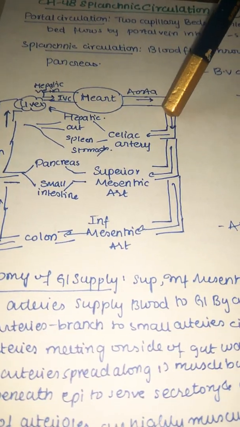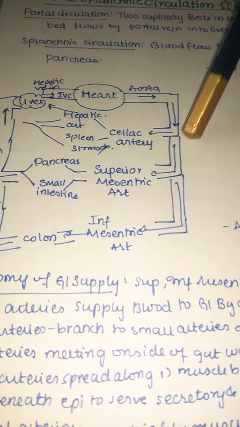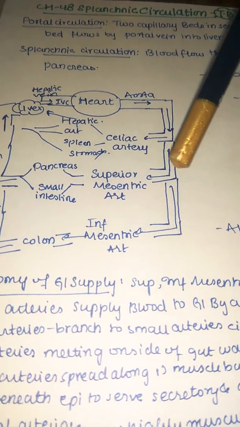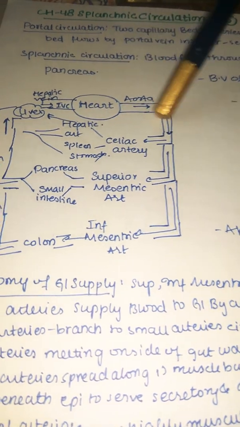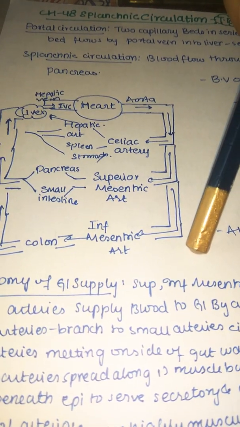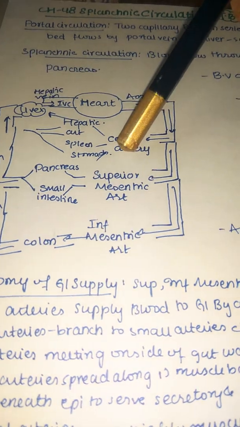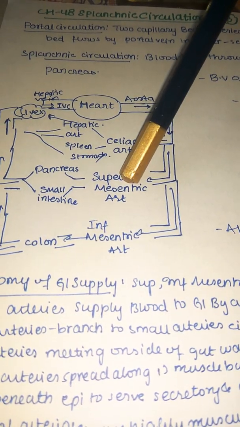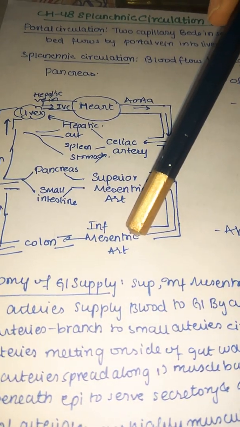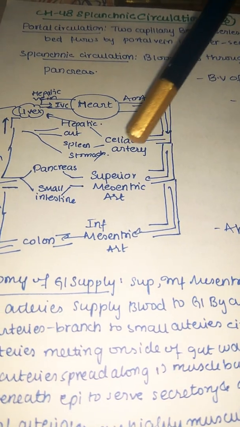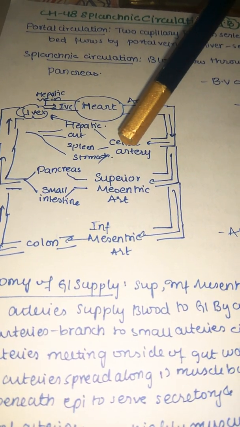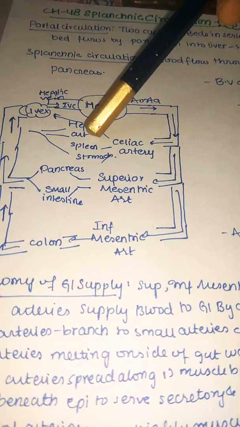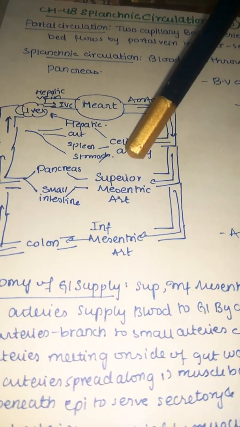From the aorta the blood may go into many parts. In the systemic circulation it goes into different arteries, but mainly, as we are talking about the GIT, it goes into three important arteries. The first one is the celiac artery, the next one is the superior mesenteric artery, and the third one is the inferior mesenteric artery. Blood from the aorta first enters the celiac artery, which gives three branches: the hepatic artery, and arteries to the spleen and the stomach.